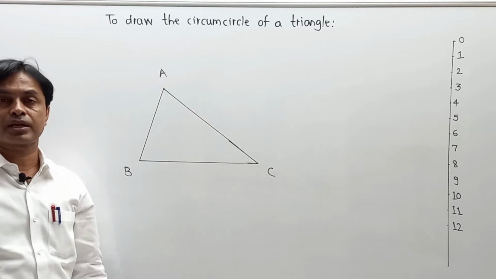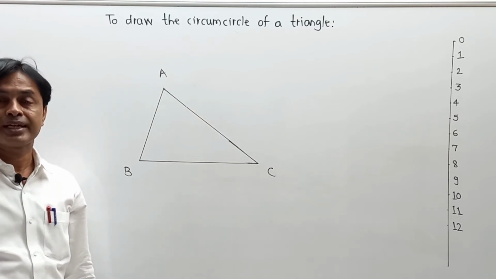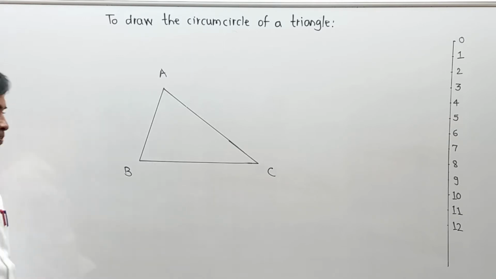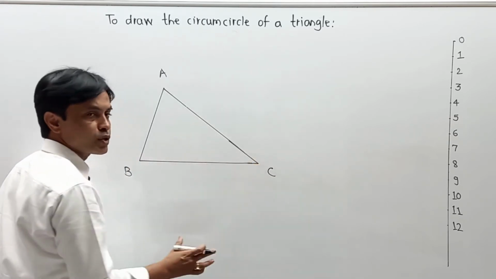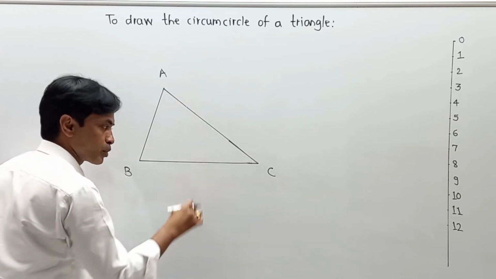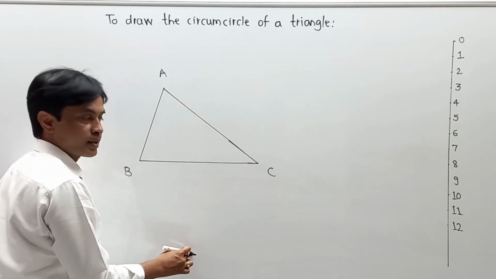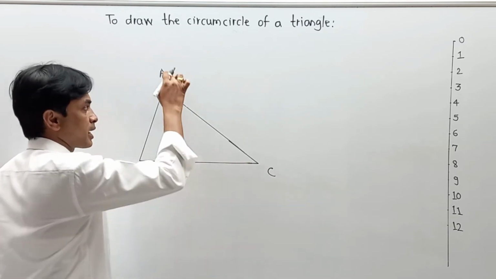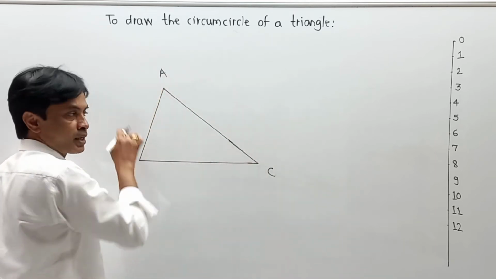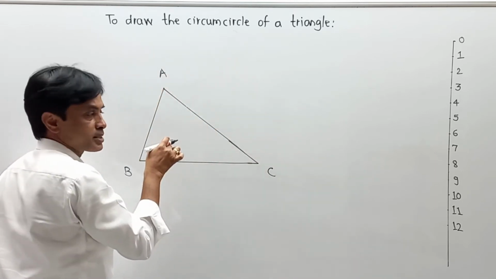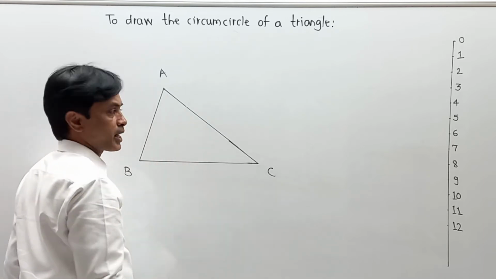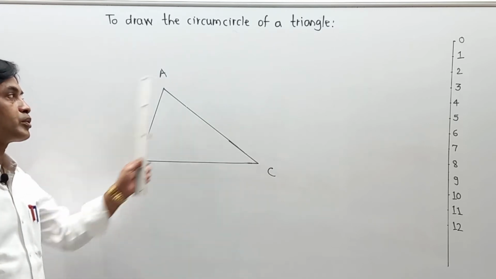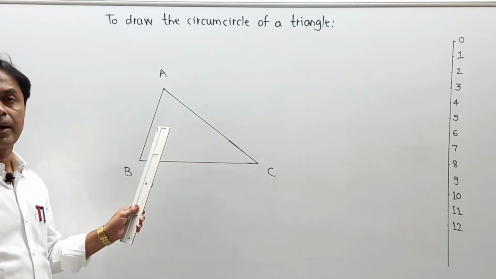When you are going to draw a circumcircle, again you have to pay attention. Here you are not going to use angle bisectors, but here you are going to use perpendicular bisectors. Means if I say that base BC is say 16 centimeter, then I am going to first draw a perpendicular bisector which divides BC into two equal parts, not only perpendicular but also bisector. Then on another side, either AC or AB, I am going to draw a perpendicular bisector as well. I will get a common point of intersection, that is nothing but the center of the circle, and from that center I want to draw the circle.